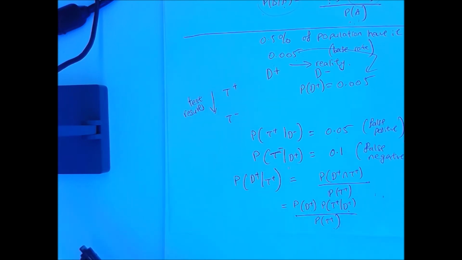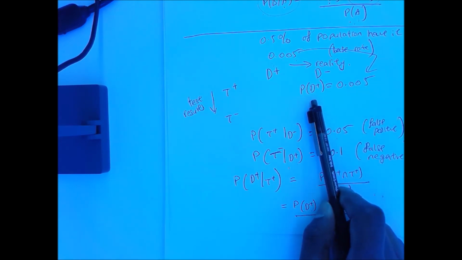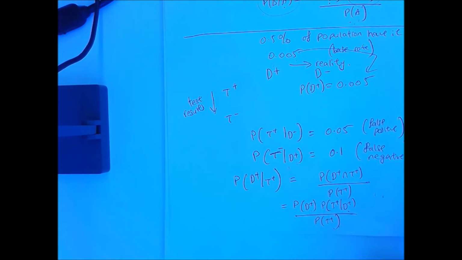Oh, that's what that was. 0.005 is the probability that you actually have the disease. So 0.995 will be the probability that you don't have the disease. Right? So there are two things: whether you have the disease or not, and whether the test is telling you that you have it or not. They are two different things. So you would need to multiply the 0.005 times the